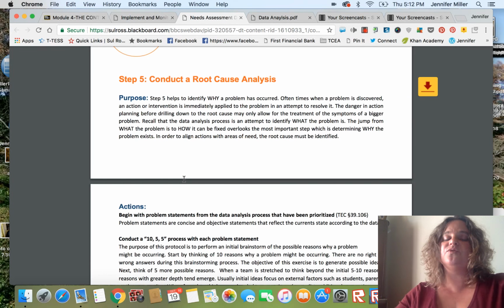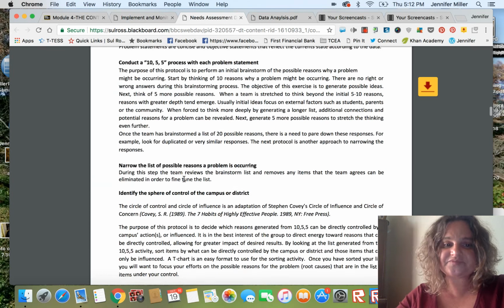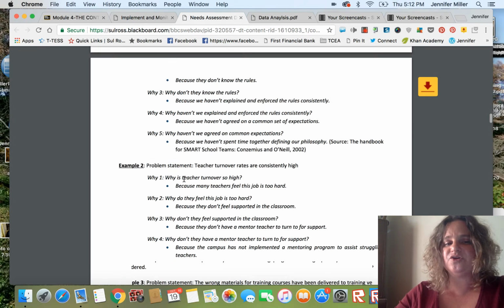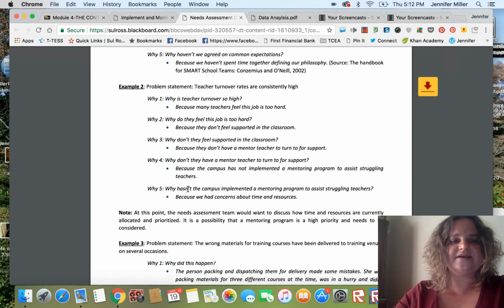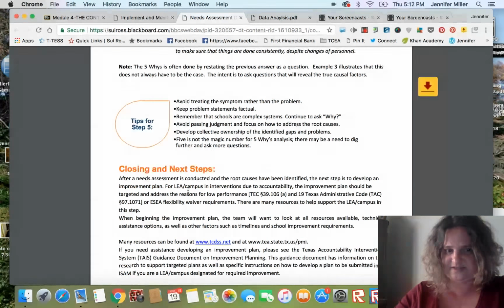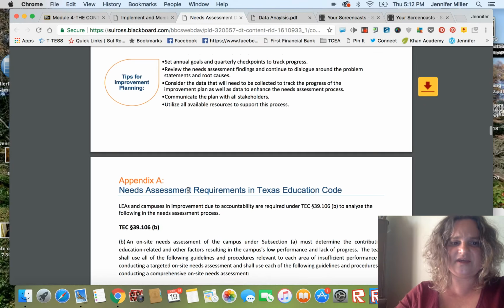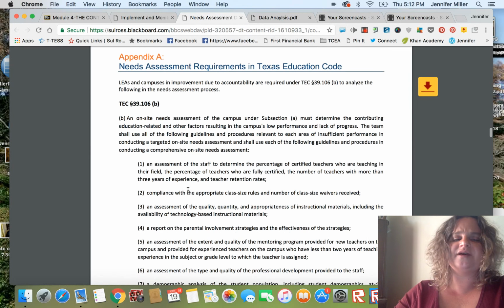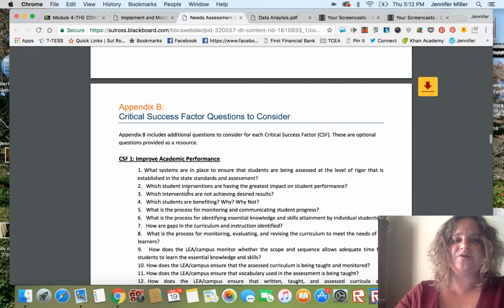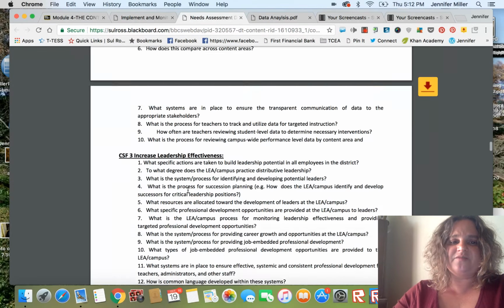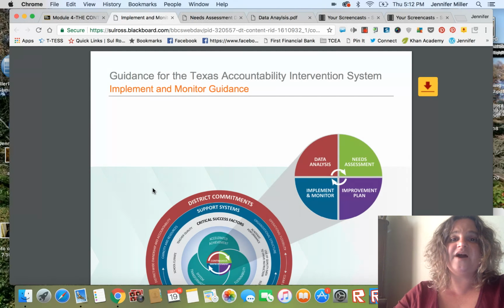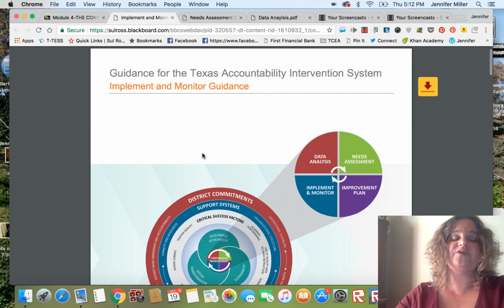So you're conducting a root cause analysis. Okay, so this just really tells us why this has occurred. And after you have identified the root causes, then you can really dive into the solutions. So this gives you a lot of information to think about, and I would encourage you to read over the needs assessment. And then the final piece is usually